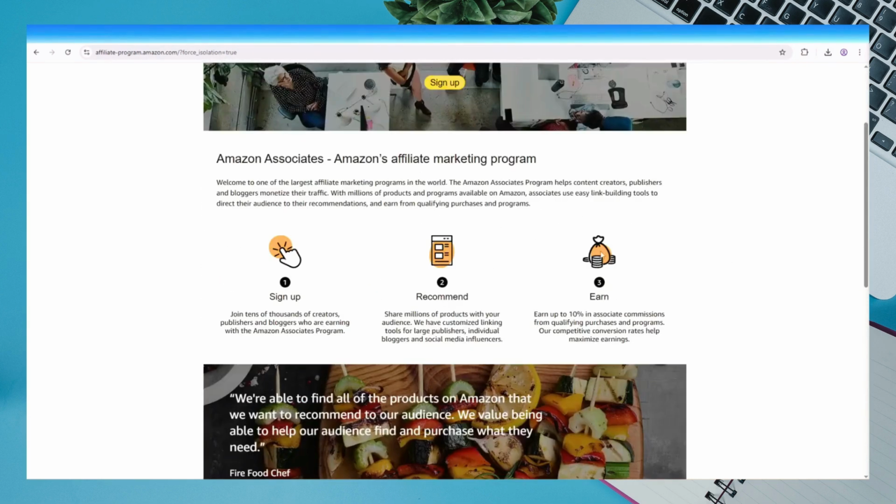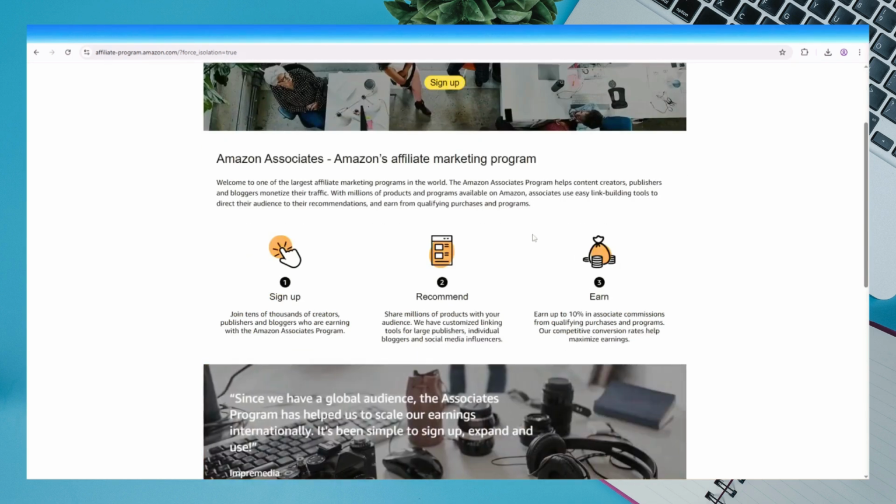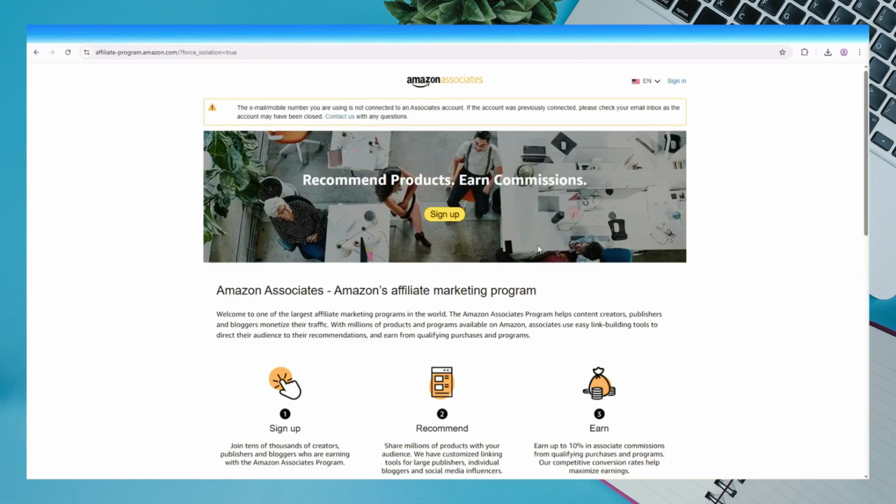And then, third step, provide website or app details. Enter the URL of your website, blog, or app where you'll promote Amazon products. Then you want to set up your profile, fill in details about your content, audience, and how you plan to